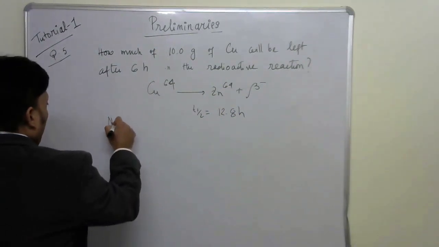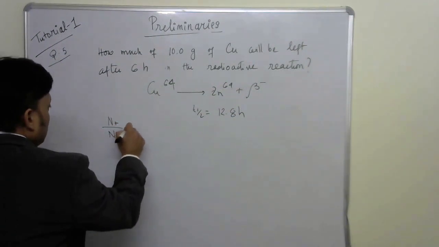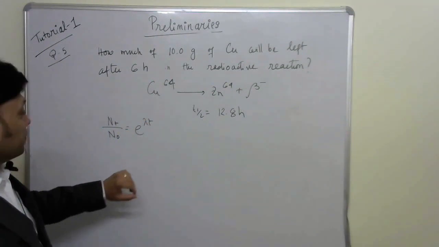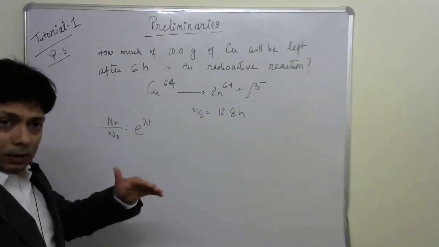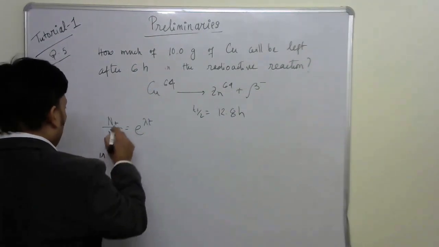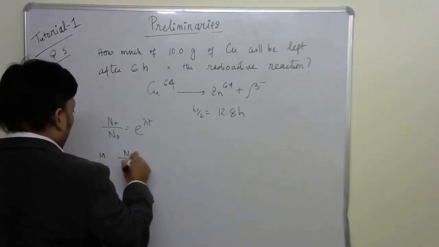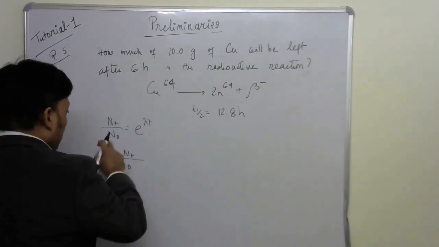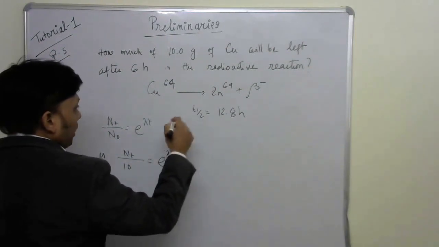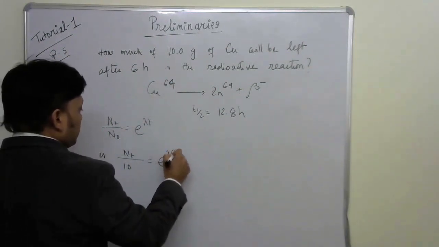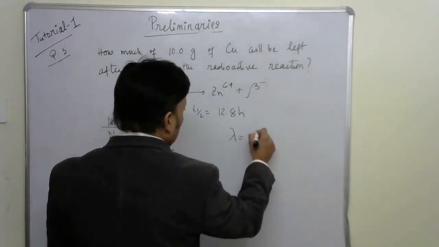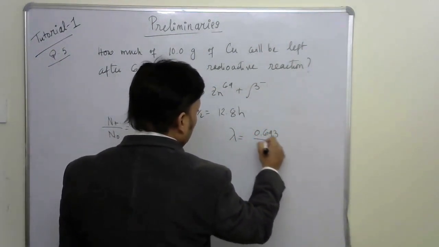Therefore, according to the first order rate law, this is the valid equation. N_t over N naught is equal to e to the power minus lambda t, where the symbols refer to the usual quantities. In our case, N_t is unknown, and we started with 10 grams of radioactive copper, that means N naught is 10, equal to e to the power of minus lambda multiplied by 6 hours, so t is equal to 6. And how to find lambda? There is a relationship: lambda is equal to 0.693